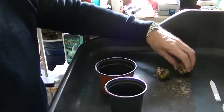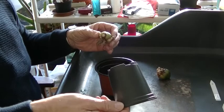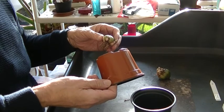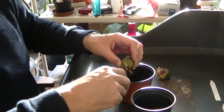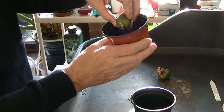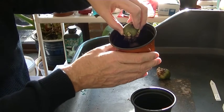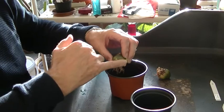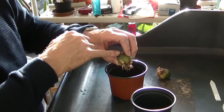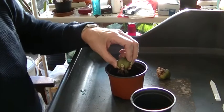Now, these are quite a big pseudobulb. That is a 3.5 inch pot. Not sure what that one is, a little bit bigger. But I'm sure you can see that if I do what you'd normally do with an orchid and put it off to one side so that any new growths have got room to expand into the space, and these three should all produce a pseudobulb as big as that, plus there might well be some bulblets form off the top of this one, then all the growth is going to come out this way. So this is going to have to go in one side of that pot